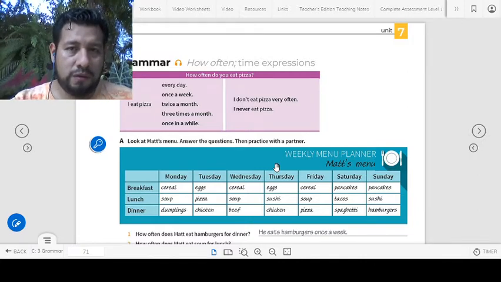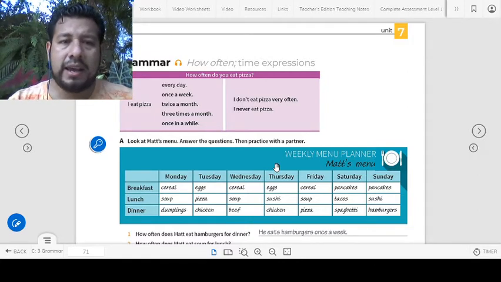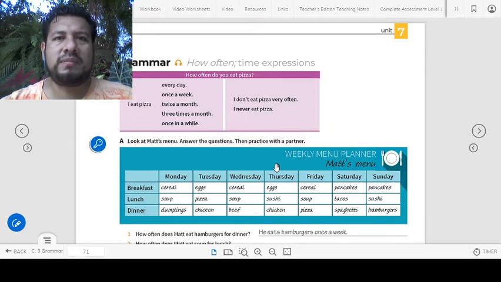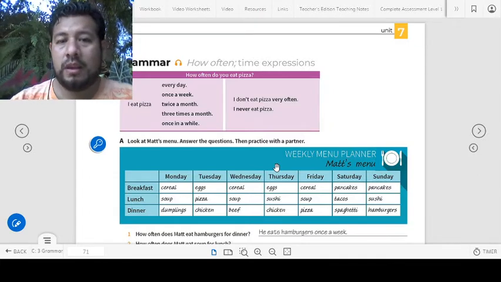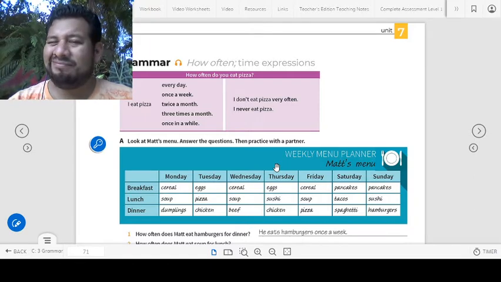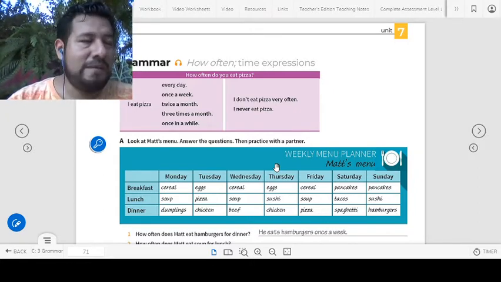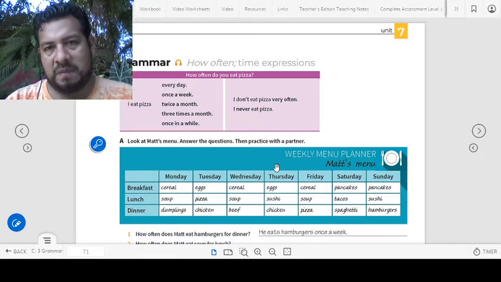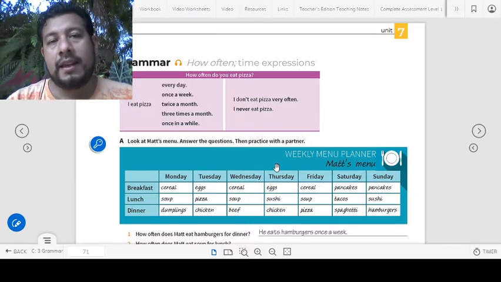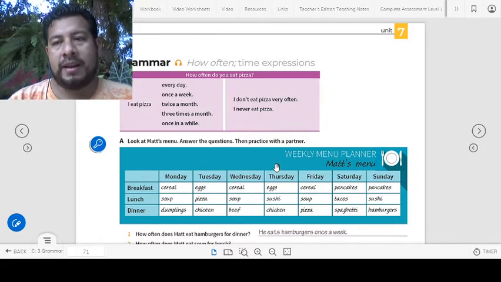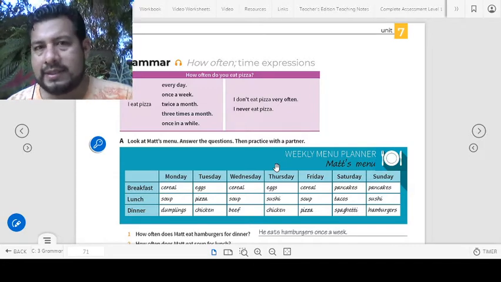So, how often do you eat pizza? I eat pizza once in a while. De vez en cuando como pizza. O podemos hacer oraciones negativas. How often do you eat pizza? I don't eat pizza very often. No como pizza muy seguido. O I never eat pizza. Nunca como pizza. ¿Sale? Estas expresiones nos van a ayudar a marcar nuestros tiempos, qué tan seguido haces algo,